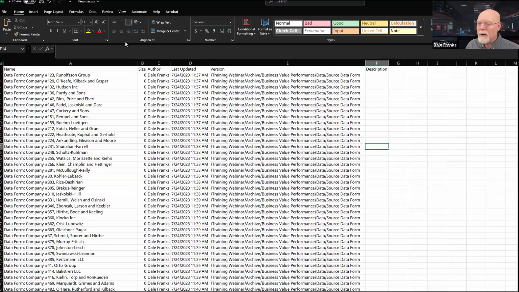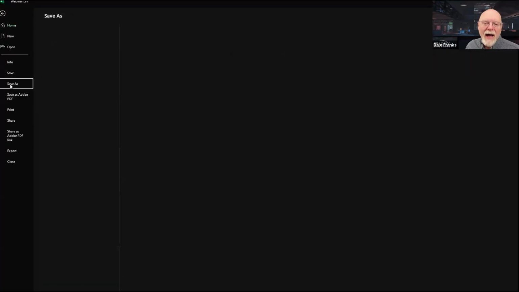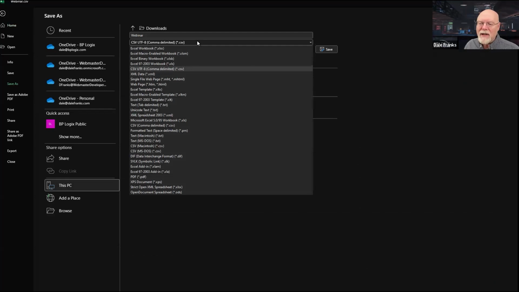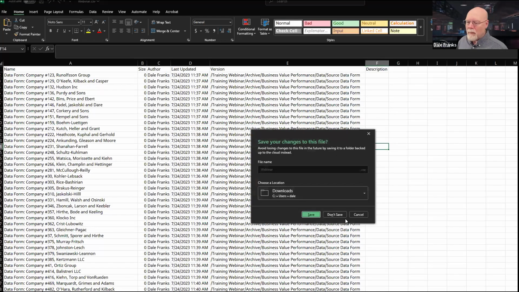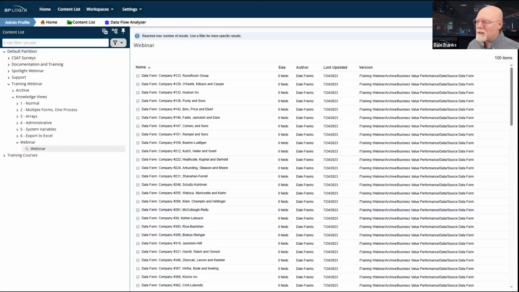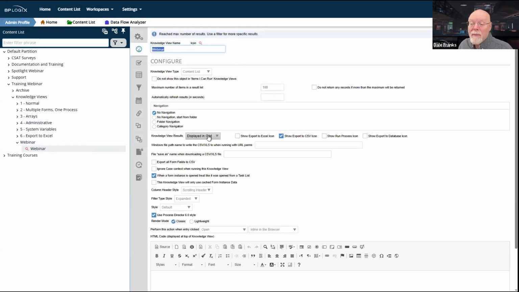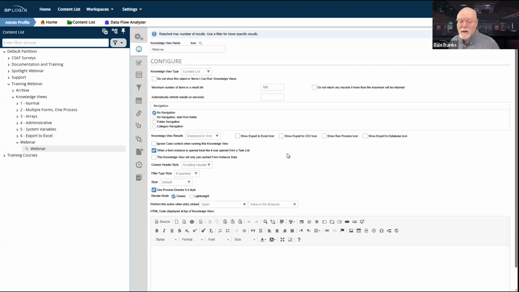So if I need to do some sort of pivot tabling or what have you, or some sort of data mining in Excel, I can do that simply by exporting it to CSV and opening it up in Excel. Obviously, I'd have to go to File and Save As, and save it instead of a CSV as an XLS or XLSX file, and then I could do whatever I needed to in Excel to mine that data. So there is also the ability to export to Excel. That's a little more complicated, has a couple more moving parts. The export to CSV just works, but export to Excel takes a little extra work, and we're going to talk about that a little bit later in the export to Excel section. But it is available to you, and you can export to Excel.